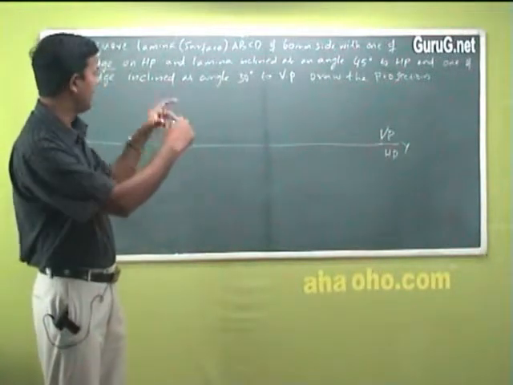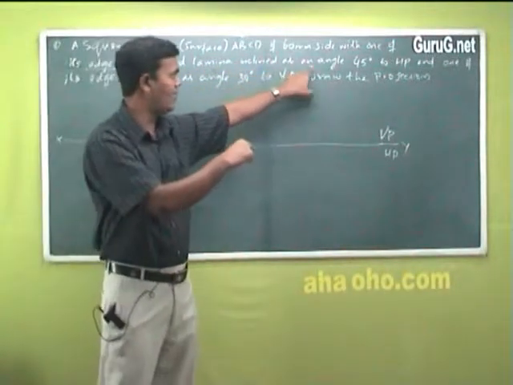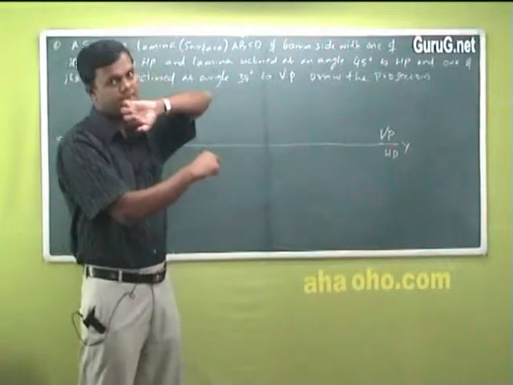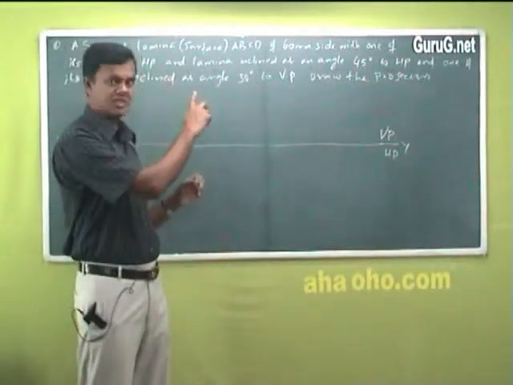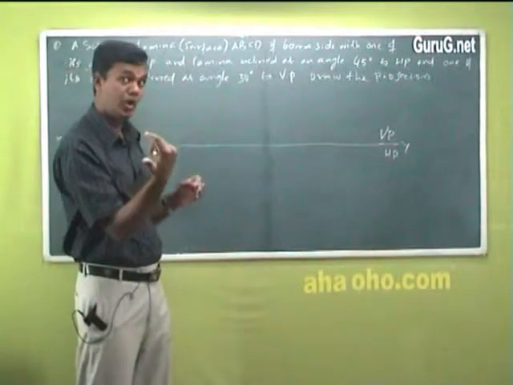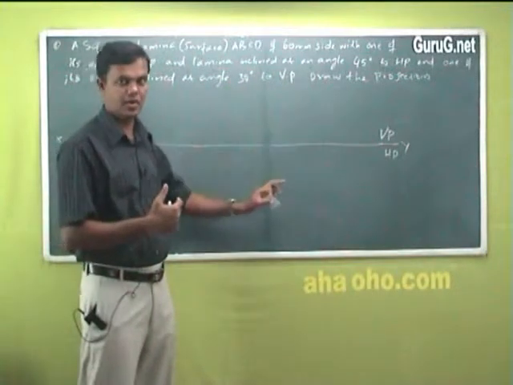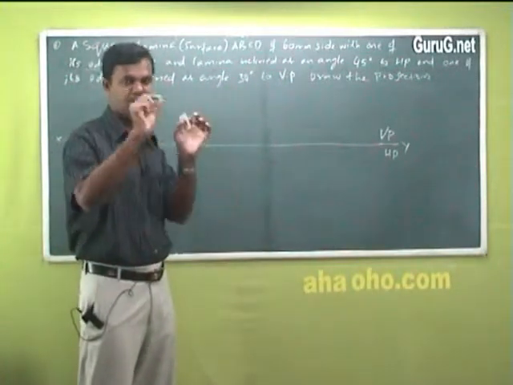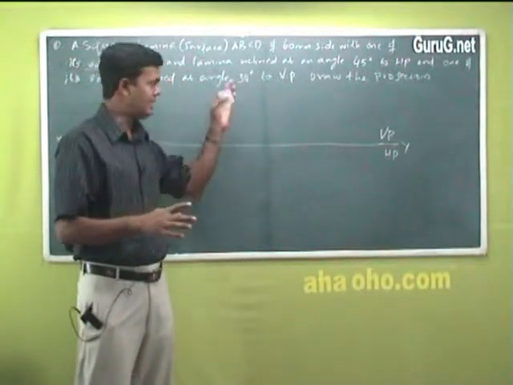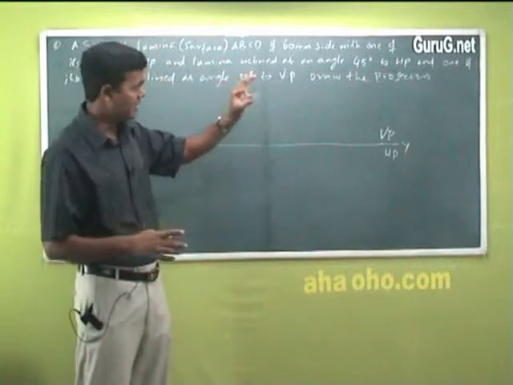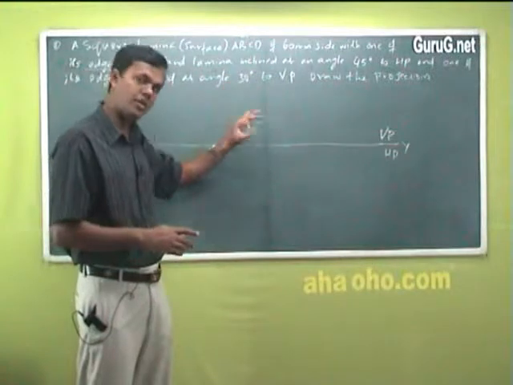And the second thing, it continues with the lamina inclined at an angle of 45 degree to HP, it says. I have already given the idea that any inclination with respect to HP can be drawn on VP, and any inclination with respect to VP can be drawn on HP. It is a very, very important sentence. Whatever the inclination for a line or a body, its inclination should be drawn this way: inclination to HP will be drawn on VP, and inclination to VP will be drawn on HP.